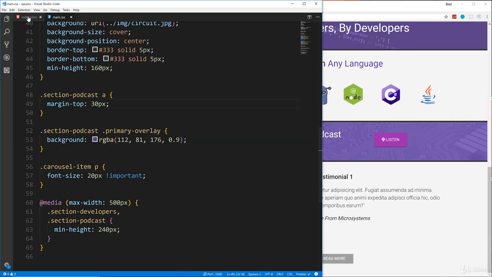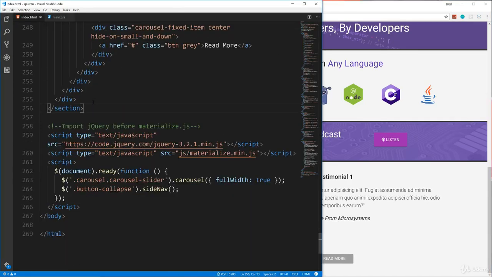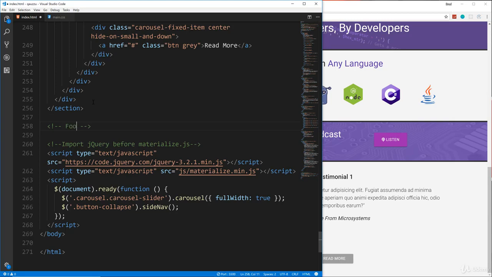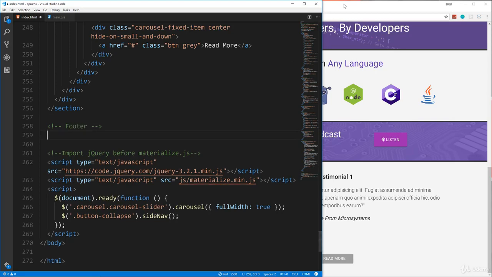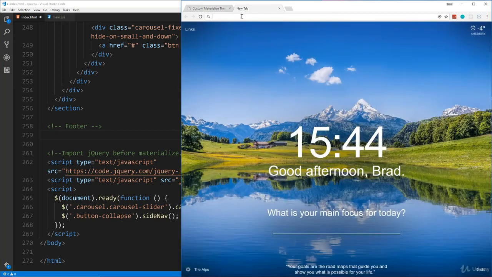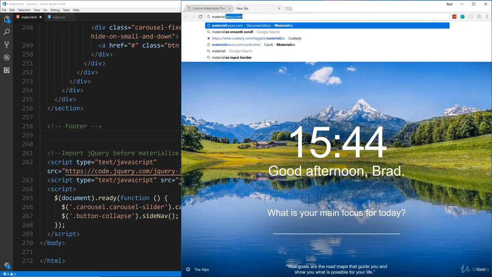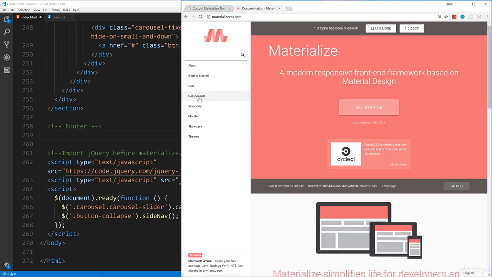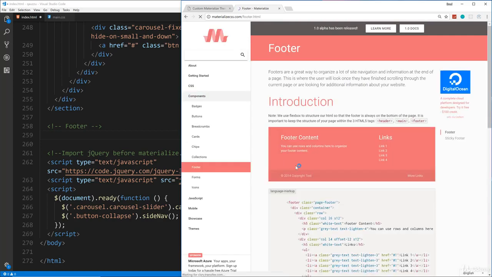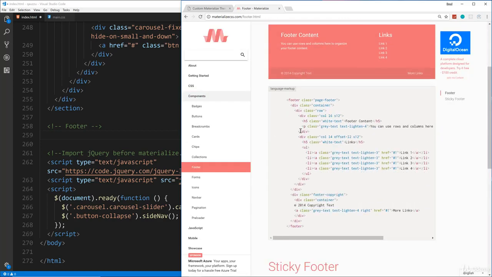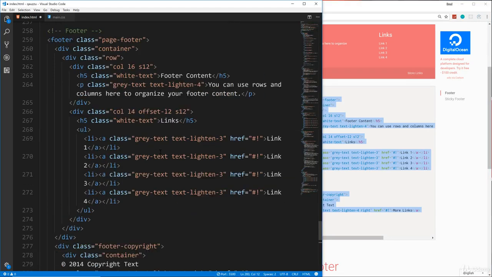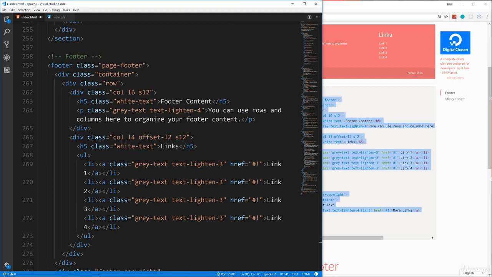Alright, so now for the footer, I'm actually using the same footer that is in the documentation, so we could also use the sandbox if we wanted to, but just to be real quick, let's go to footer. And I want basically the same thing here, just different colors. So I'm going to copy this whole thing and paste it in,